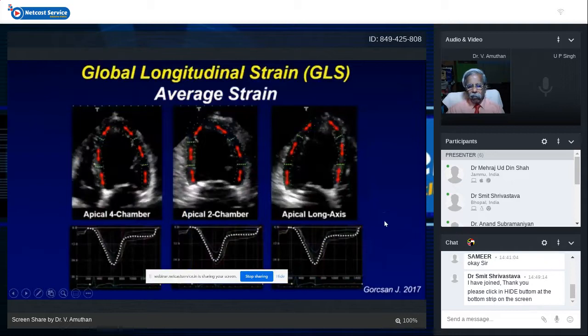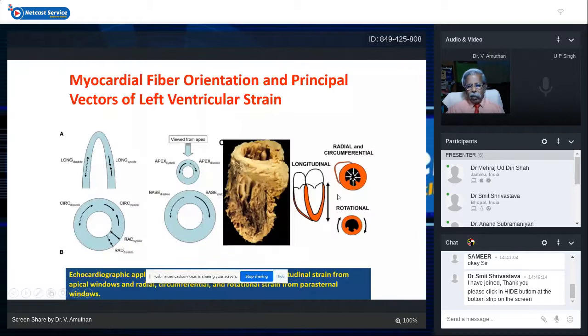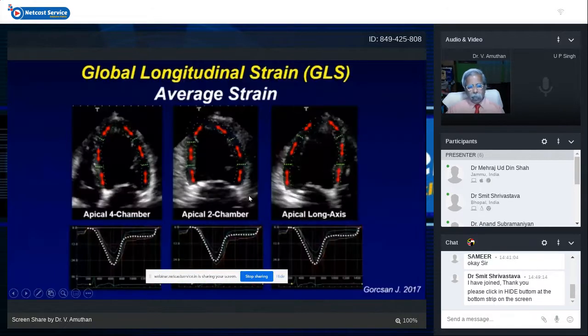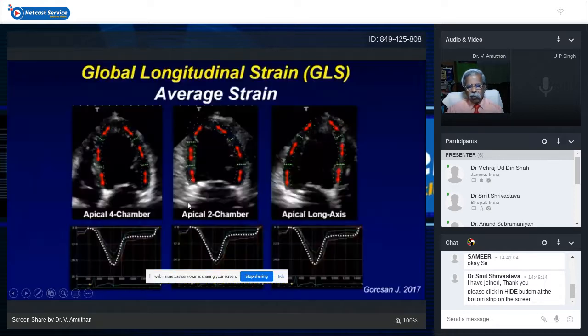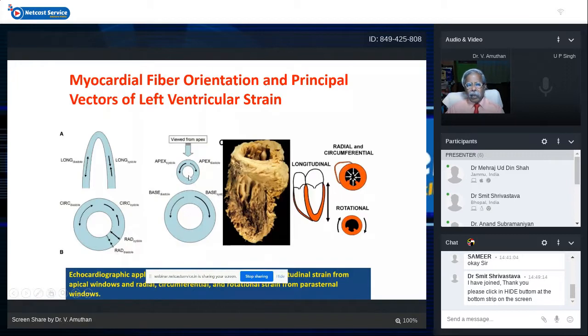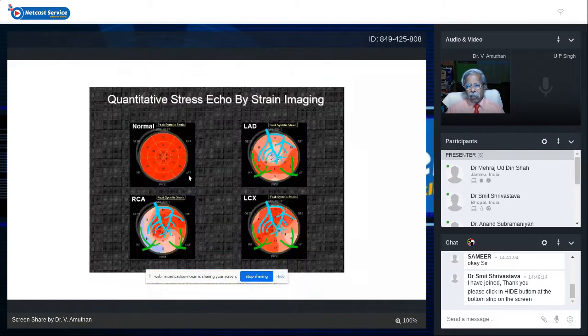So you can have this from the apical 4-chamber, 2-chamber, and the long axis, and also from this is called a circumferential strain, and this is the radial strain when it is coming away from the center and going back. That is a radial strain. And the twisting motion of the apex, it will be counterclockwise twist, and the base will be clockwise twist. So this gives a twist. So all these deformation images can be measured by this,